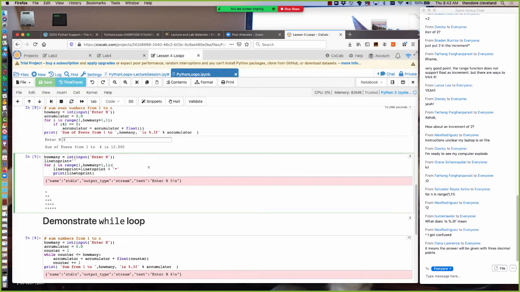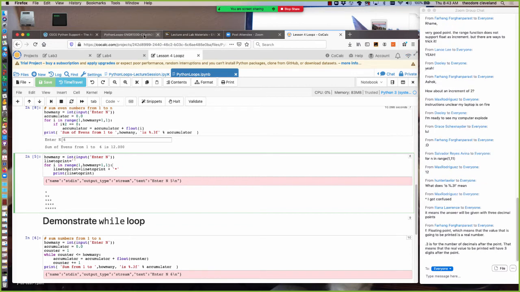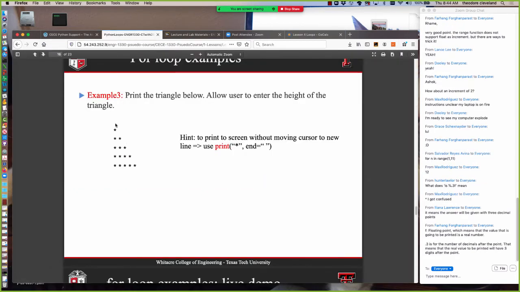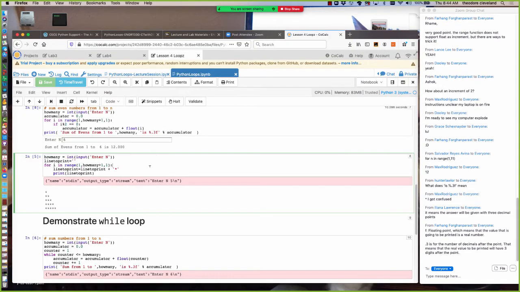but I'm going to interpret the question differently. I've interpreted it as we want to actually be able to make that triangle. So the height is how many rows, and for each row we print the number of stars that corresponds to the row count. So this one is row number 5. That's 5 stars. So let's take a look at this, because this is actually moving a little bit more advanced in our scripting skills. So first we do the how many, so that's going to give us the number of rows,